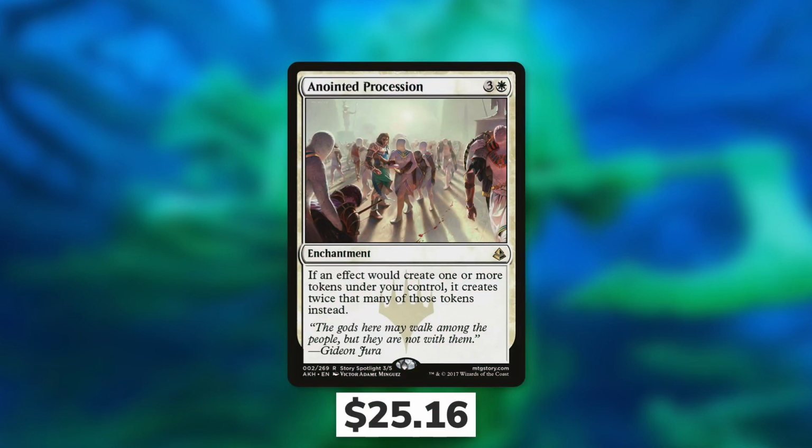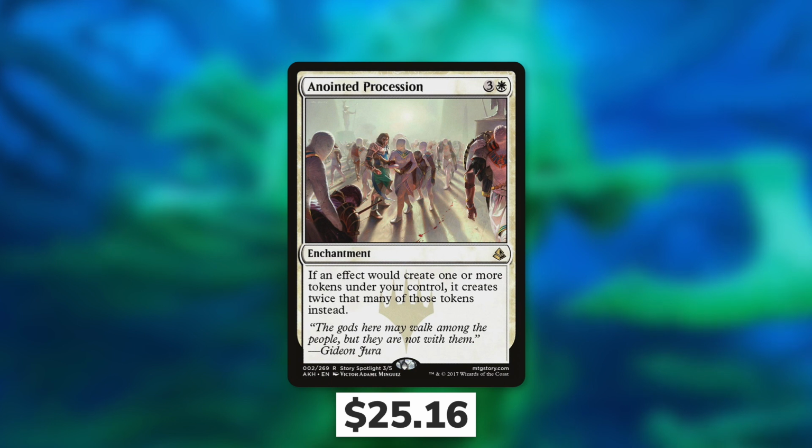But if you've got the budget for it, one of the best upgrades for this deck has got to be Anointed Procession, which comes in at $25.16. It's an enchantment for 3 and a white and says if an effect would create 1 or more tokens under your control, it creates twice that many tokens instead. So yeah, doubling up our token production is a very powerful thing, especially if we've got a card like Kindred